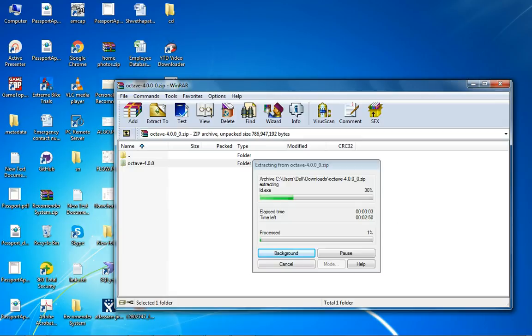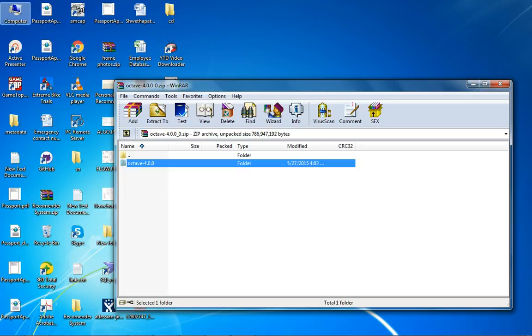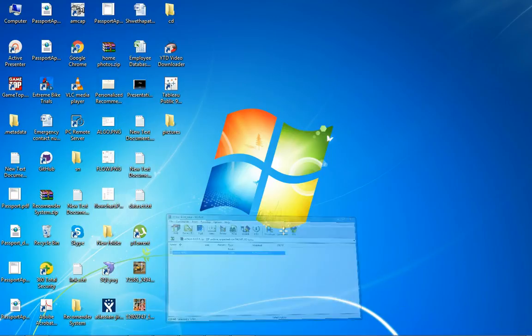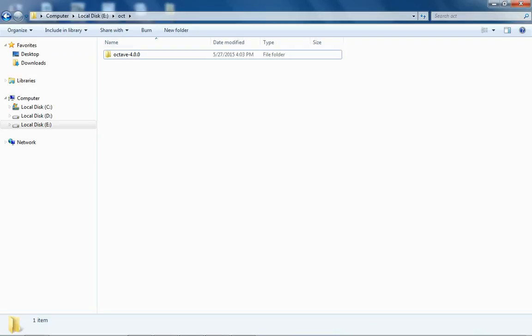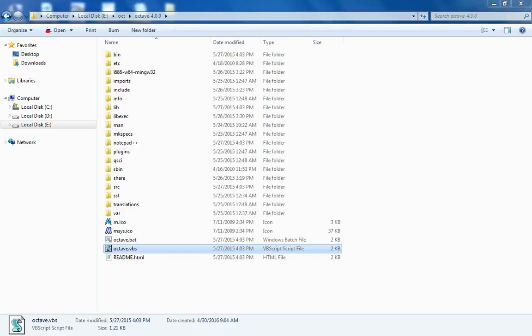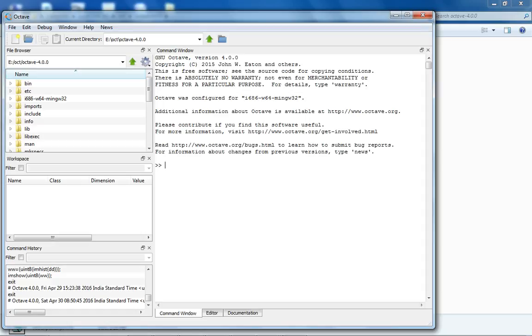It's taking some time to save the folder and the files. So it's being saved now. Go to the folder Oct. So we are in the folder Oct. Now double click on Octave GUI. You will see the Octave window here. So this is the Octave window